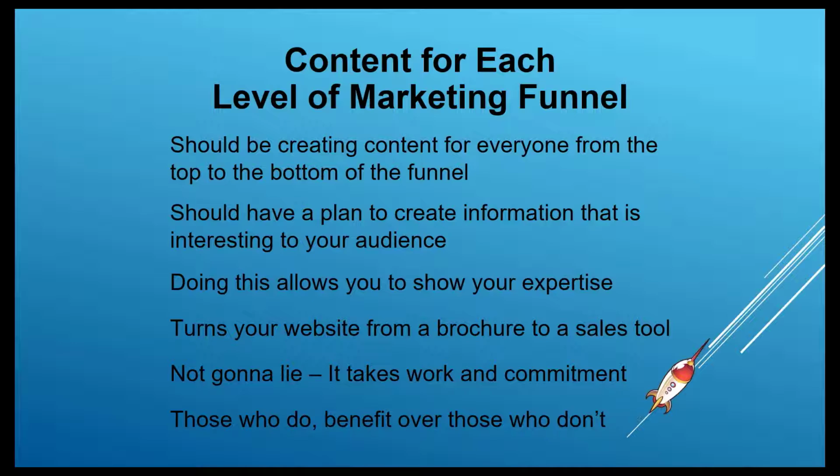You should create content that would be interesting to your audience. You have to know the type of people that come to your website and post information that would be helpful to them. When you do this, it allows you to show others your expertise and authority on the subject. It also turns your website from a static digital brochure into a sales tool that works for your business